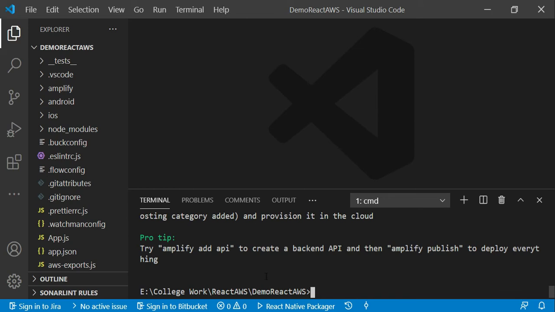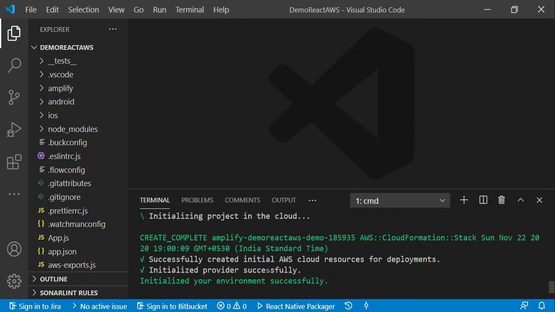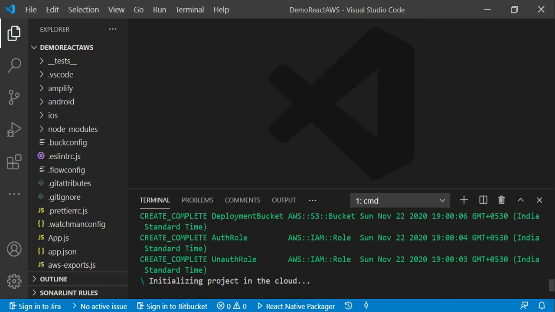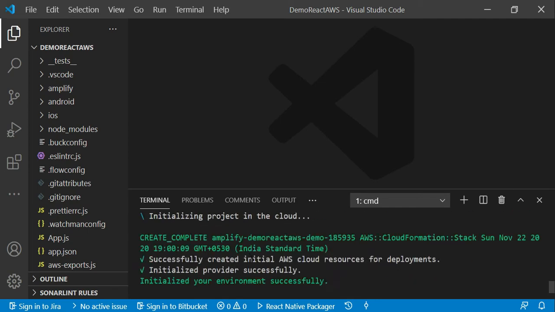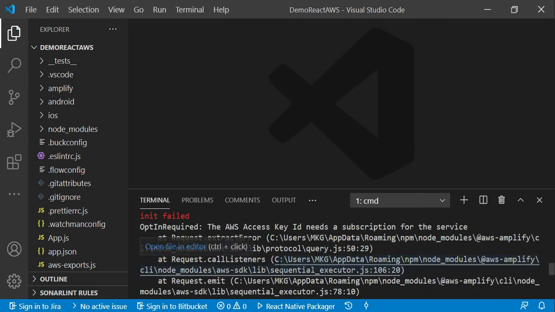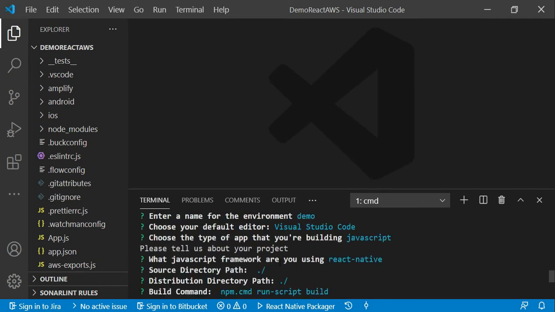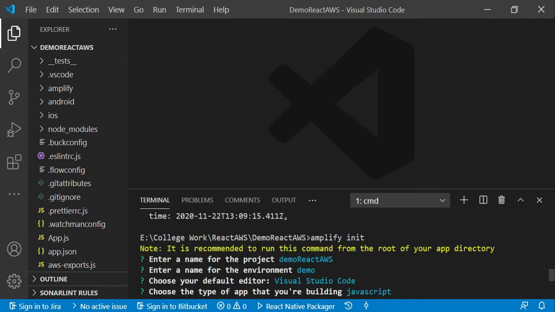Now it has completed its process successfully. Here we are getting green messages, completed successfully. What we have done here is we just initialized the Amplify backend to this React Native application.